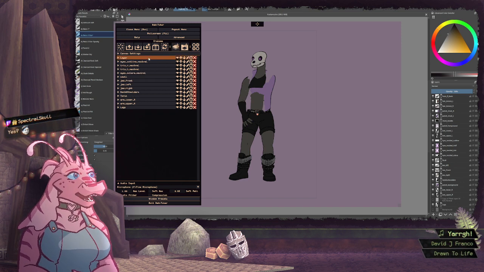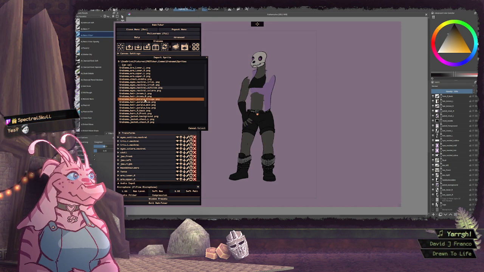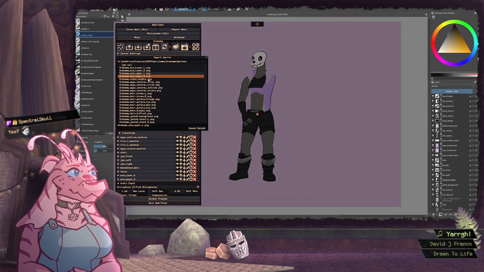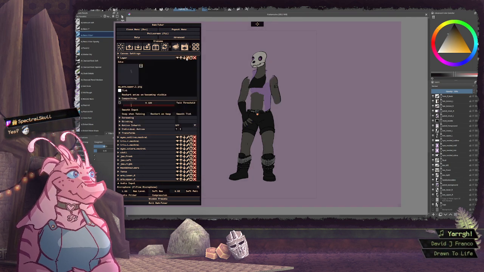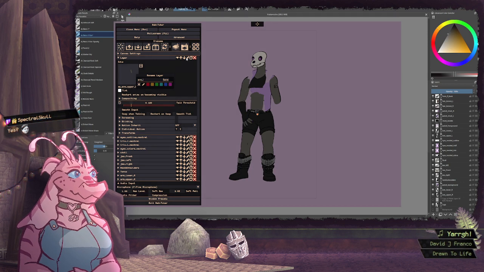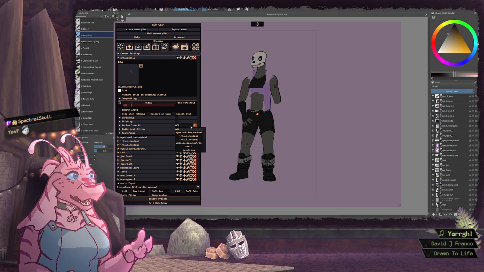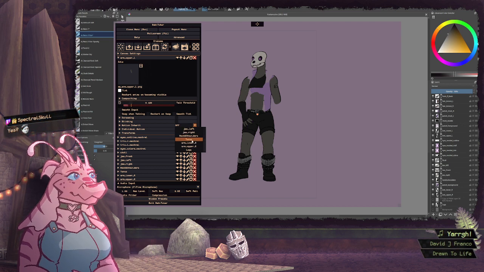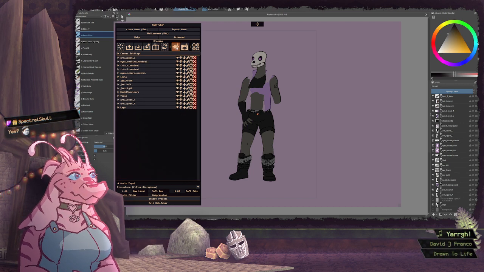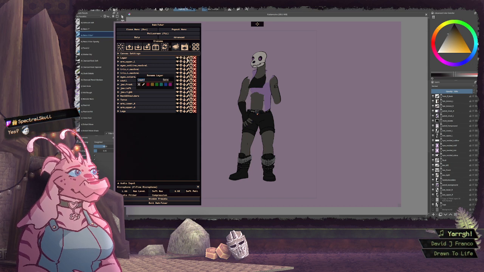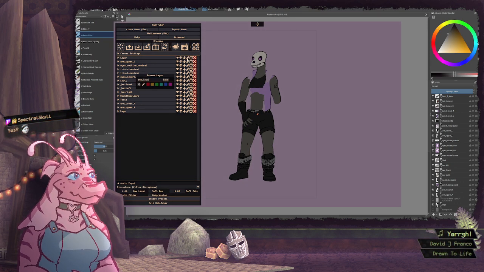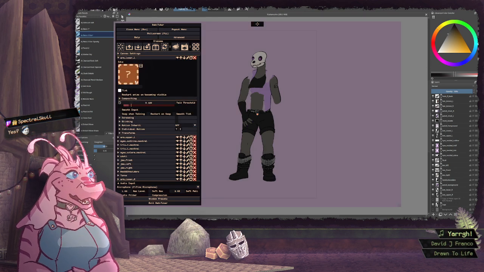Now, arm upper L. And that is going to inherit off of the torso. Arm lower L will also inherit off of the torso.